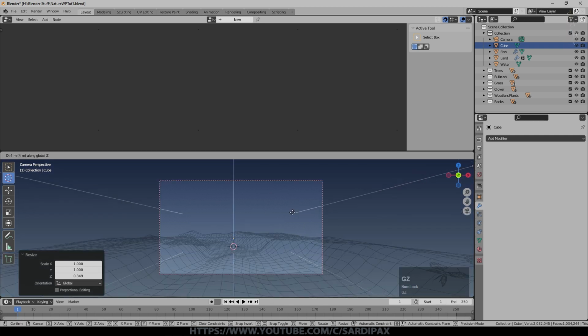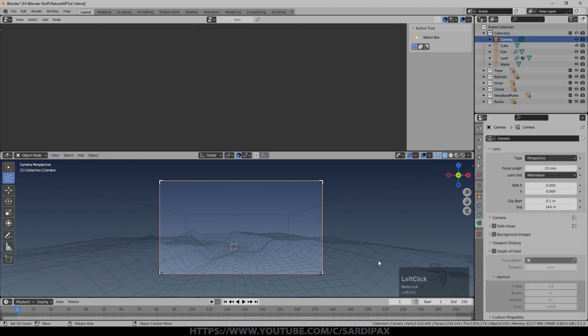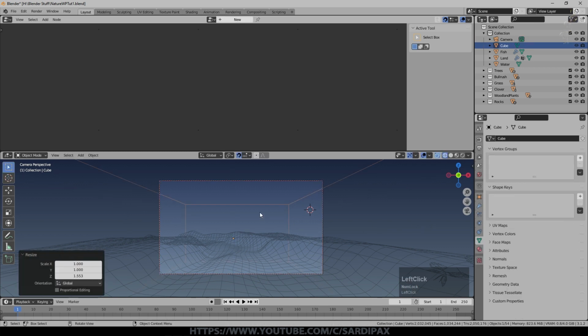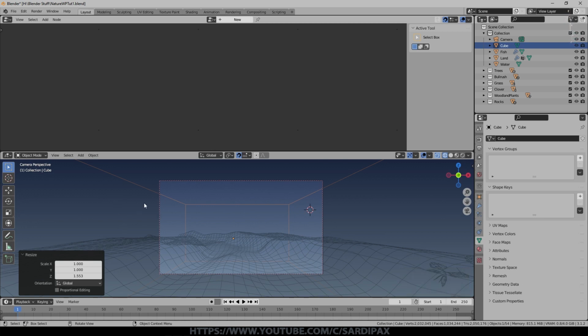And one thing I can already tell is I probably need to adjust the clipping plane for the camera, so we'll send that out a bit. Now I can see the edge there, and that gives me a better idea of what's going on. Just needs to enclose the landscape really. I did put a secondary landscape with a geometry node system for trees, just to give me some sort of mid-distance trees. Obviously I did fewer trees and their scale was slightly adjusted as well.